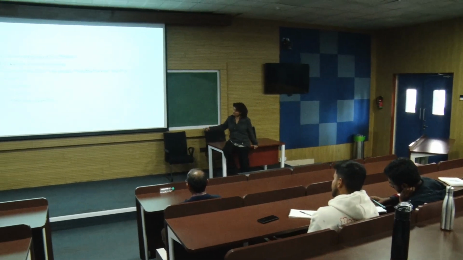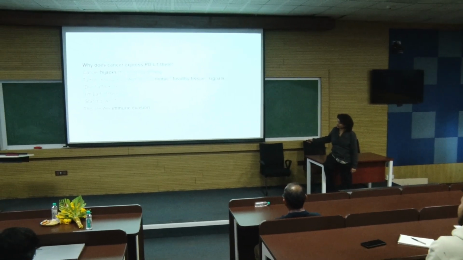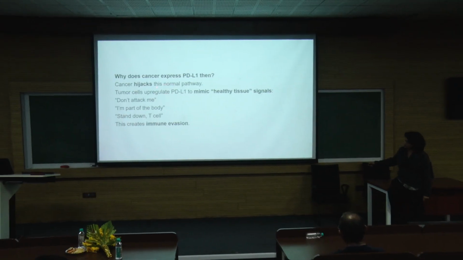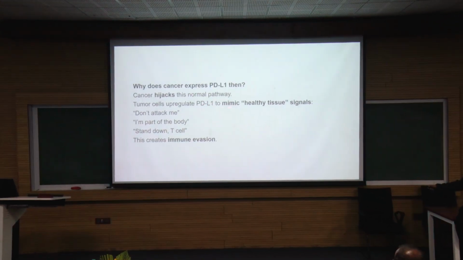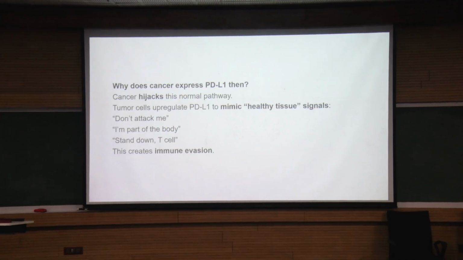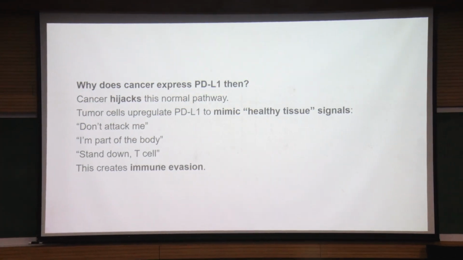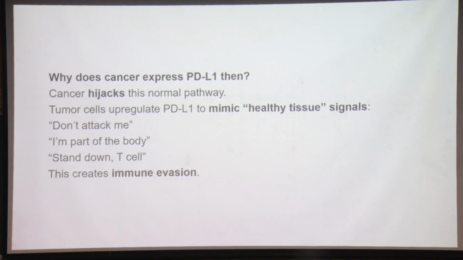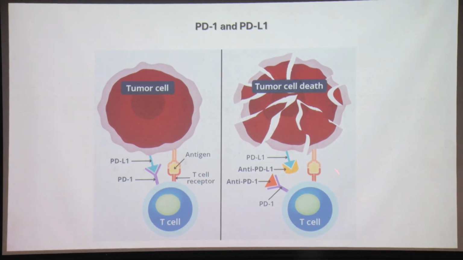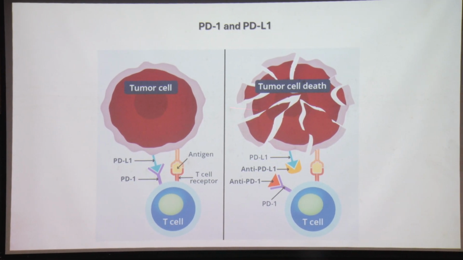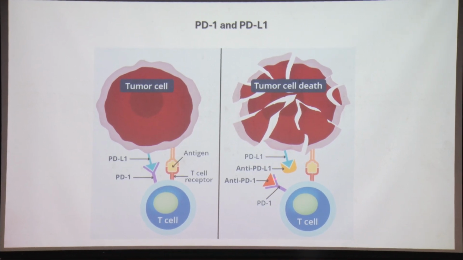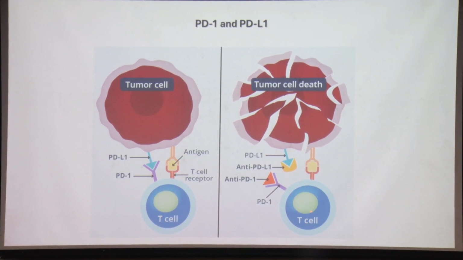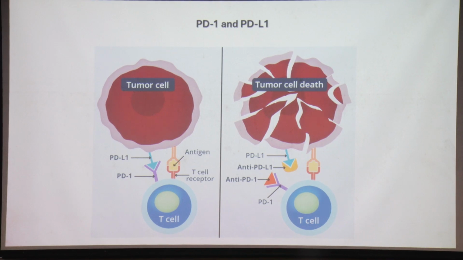So this is just to say that cancer cells hijack this normal pathway. Tumor cells upregulate PD-L1 to mimic healthy tissue ligands, as if saying, don't attack me, I'm your guy. That's how they shut down T cells, and this creates immune evasion. This is yet another picture of the same thing. So you know now, if you add the drug, T cells will attack tumor cells